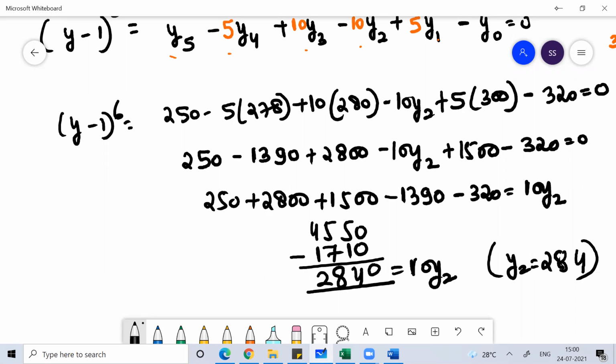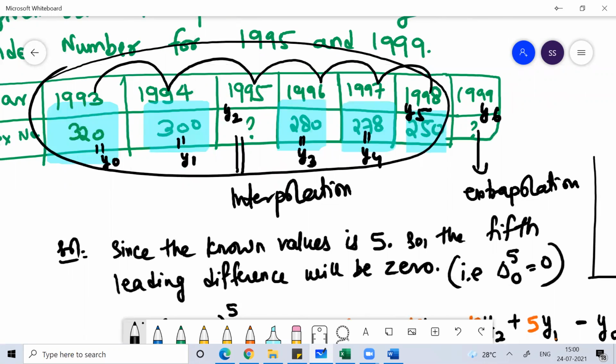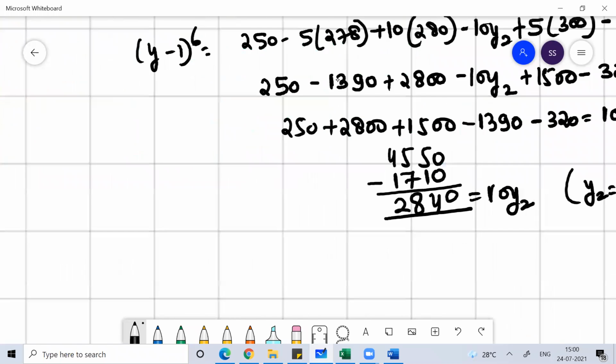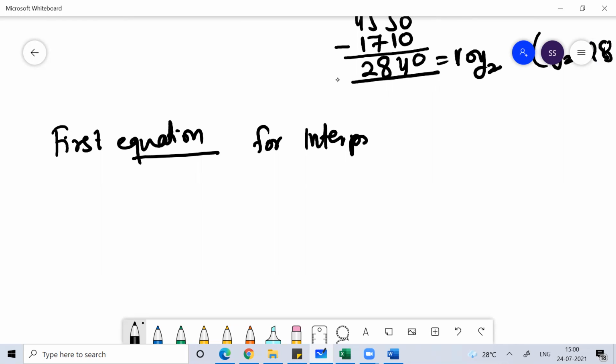Clear everyone? So the y2 value you get is 284. So what you did, guys, in the first equation here in this problem for interpolation, what I did for interpolation,